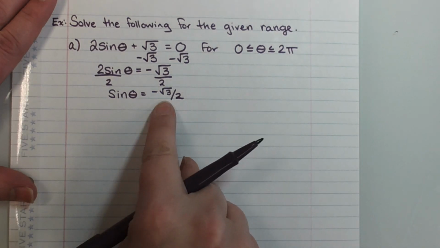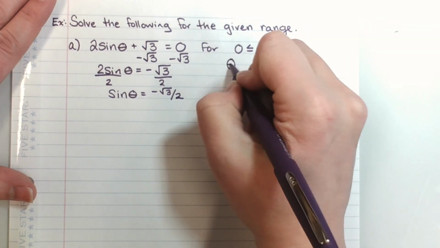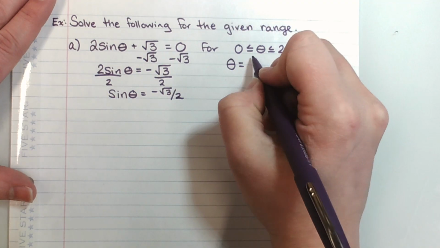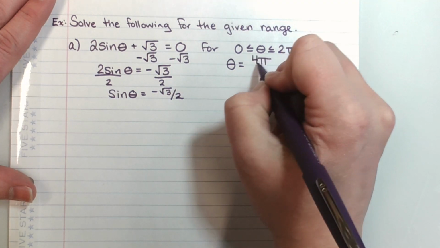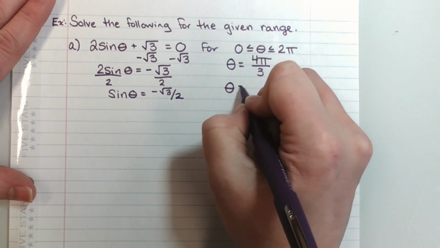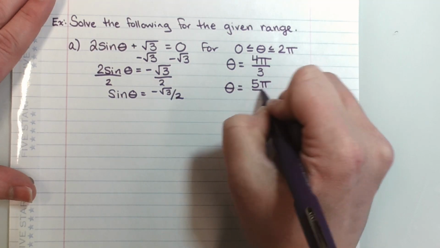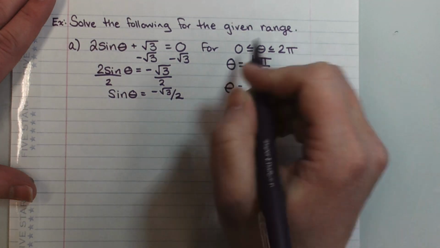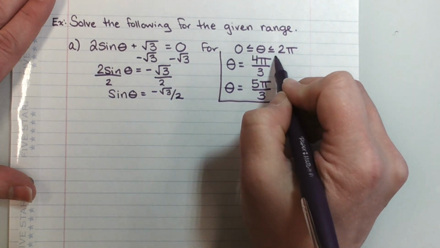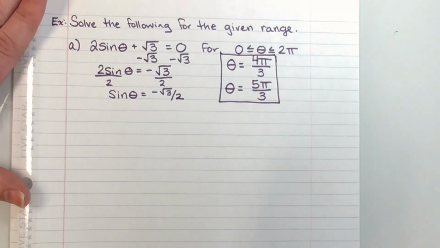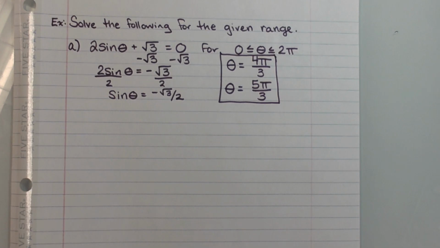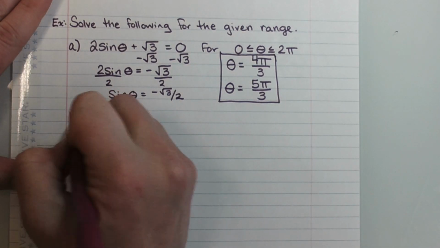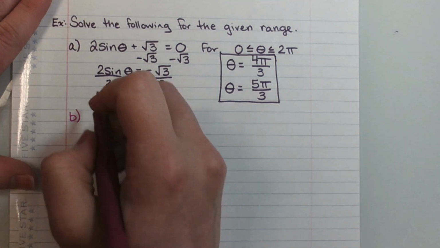Where is sine a negative square root of 3 over 2? 4 pi over 3 and 5 pi over 3. Done. That's all the angles in the proper range. So far, not too scary. Still more complex than what we did back in chapter 12. They do get more complex than that, but